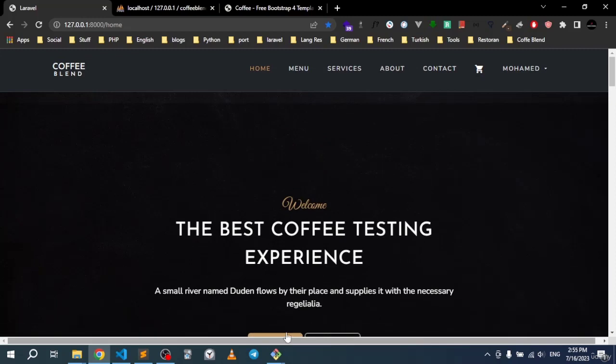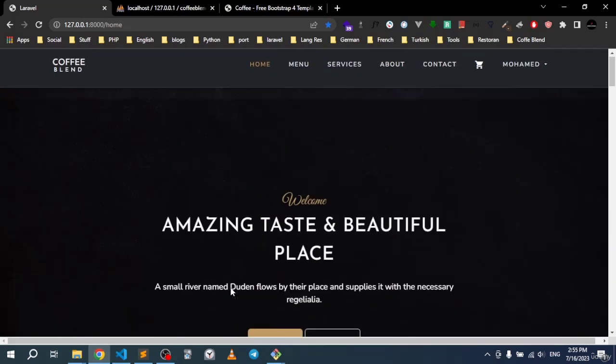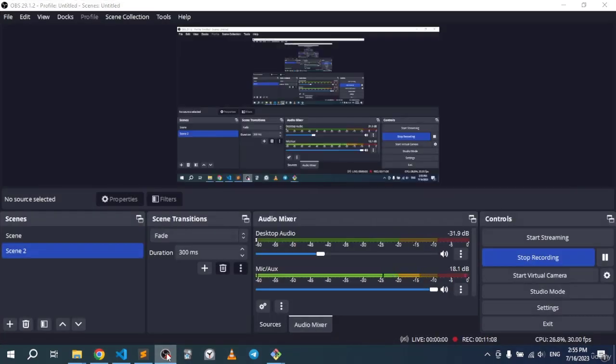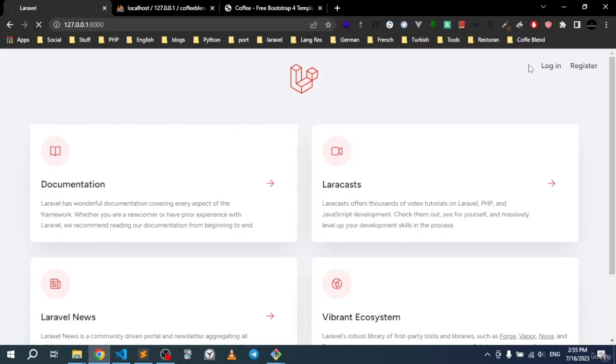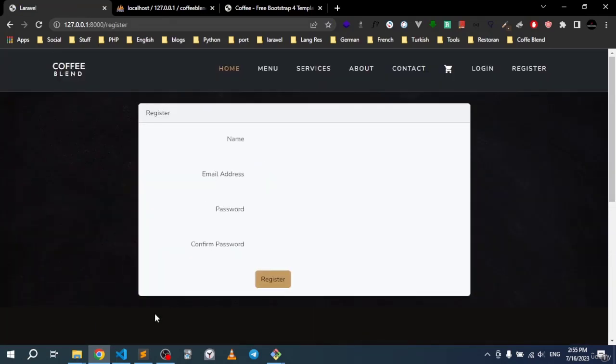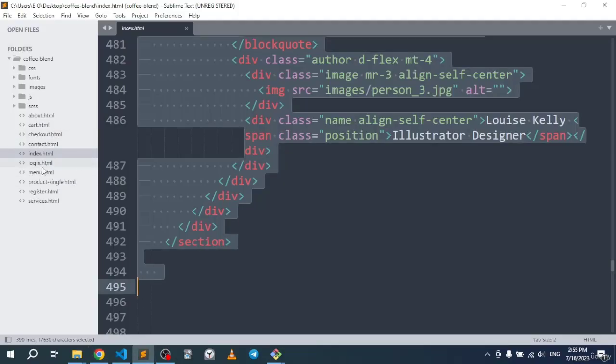I'm gonna solve this problem, and well, actually, let's go ahead and do the register. Let's not leave the register out of the way. So let me go ahead and try to log out once again. Let me try to do the register page right there. So there is the register still like that. So let me go right here. Now let me go